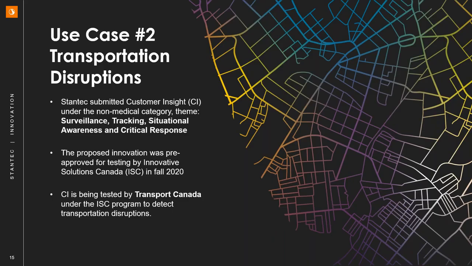And use case number 2 here, a very recent one, is around transportation disruptions. This was something that we originally hadn't targeted Customer Insight for, the detection of transportation disruptions, but the federal government of Canada made a call for innovations in response to COVID-19. So we submitted our Customer Insight application under the non-medical category related to surveillance, tracking, situation awareness, and critical response. It was selected in the fall of 2020